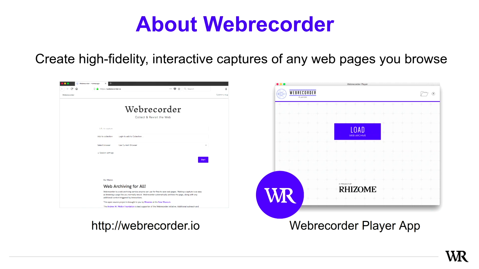So Webrecorder allows you to create, as I previously stated, high fidelity interactive captures of the web. Yes, we use the word record, and it's sort of a misnomer, if you will. We technically record the HTTP traffic, i.e. the web primitives, when you're browsing via Webrecorder.io and initiating the preservation. But we don't,